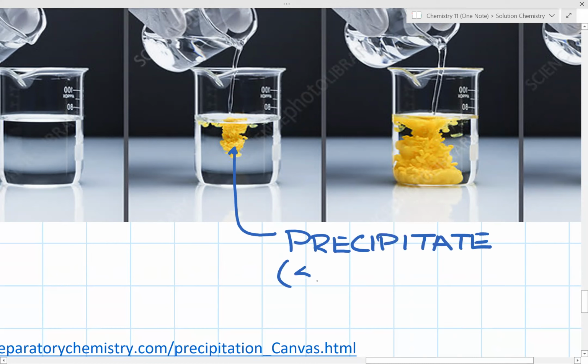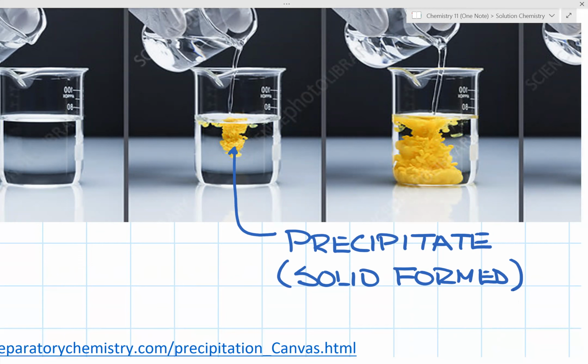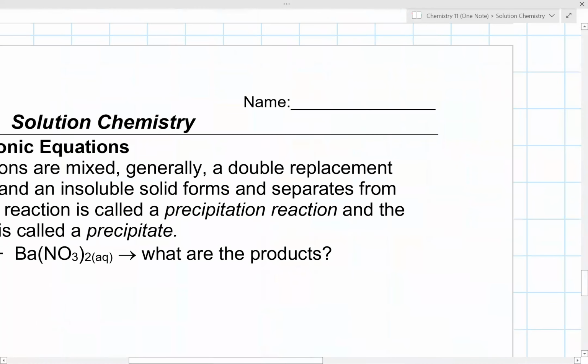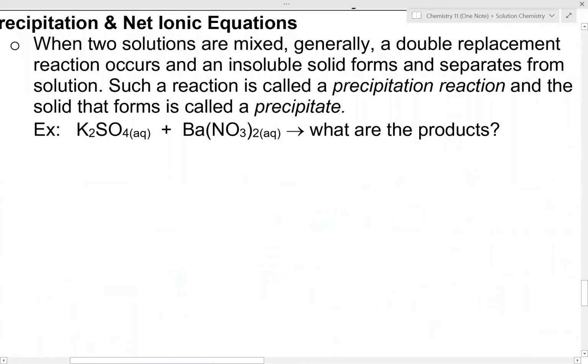In other words, a solid is formed. Now, this occurs in the majority of double replacement reactions. So, for example, let's say we have potassium sulfate and barium nitrate. What are the products? Now, you remember back in chemical reactions, these are double replacement reactions. And so what you get as a product is KNO3